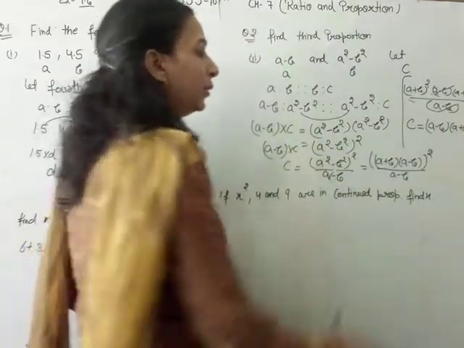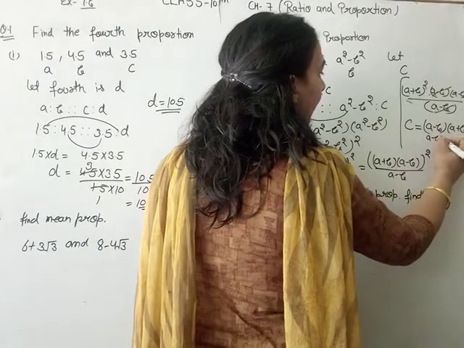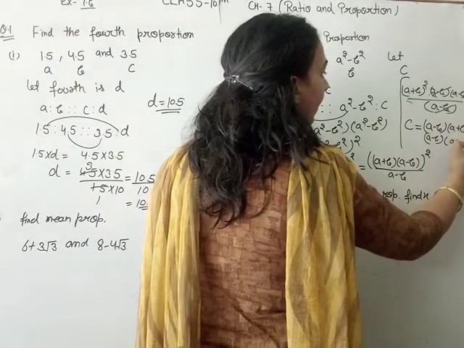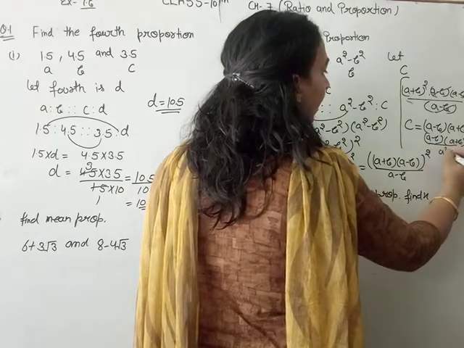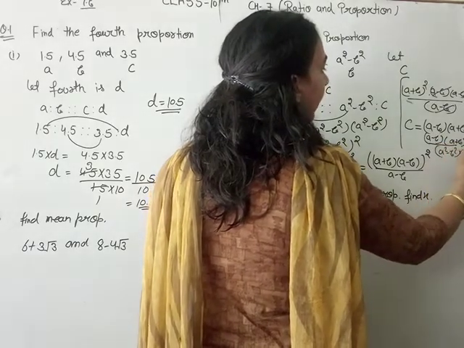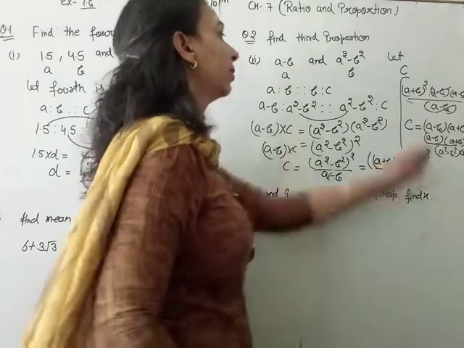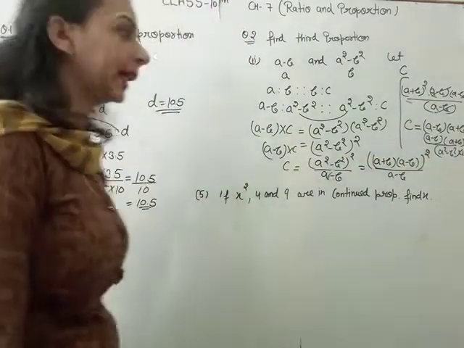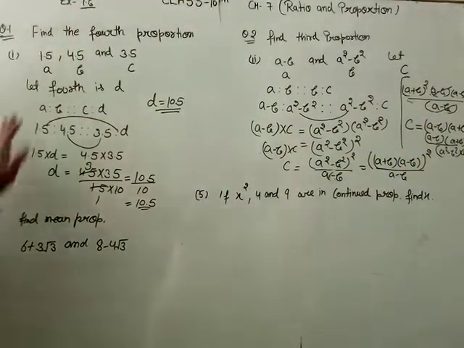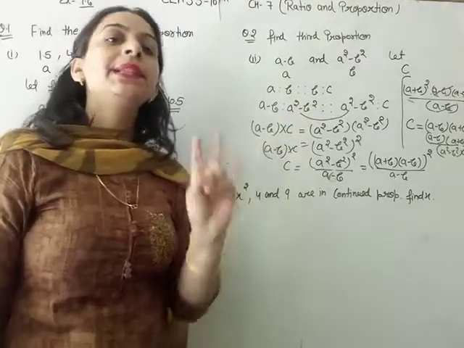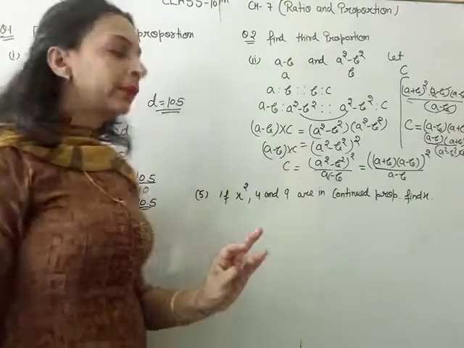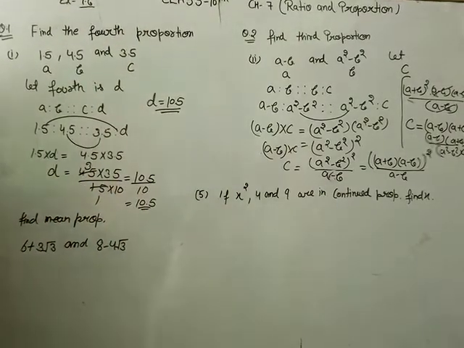Okay, again you can also write this as A minus B into A plus B into A plus B, and this equals A square minus B square into A plus B. Okay, this is also correct. When 4 are given, then these are in simple proportion. When only 3 are given, that means these are only continued. Okay, next question is question number 3.